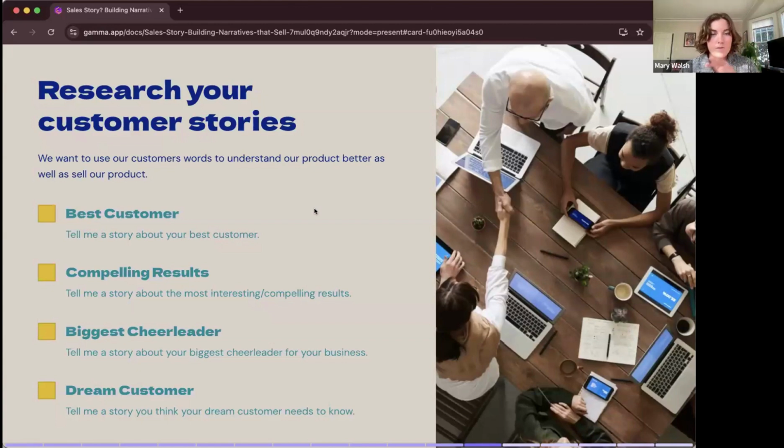And customer stories, like I said, pair very nicely with your positioning as well. The key here, as you're starting to think about your different customer stories, is zooming out and looking at it wide. We often assume that the stories we have to tell about customers are the most compelling results, but that's not always the case. Often there are other interesting tidbits that you can take in.